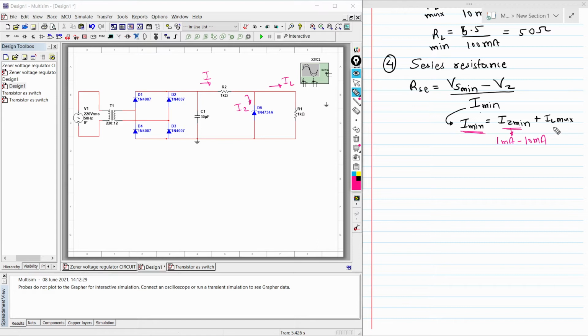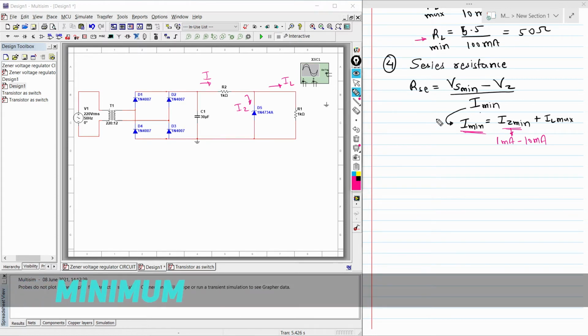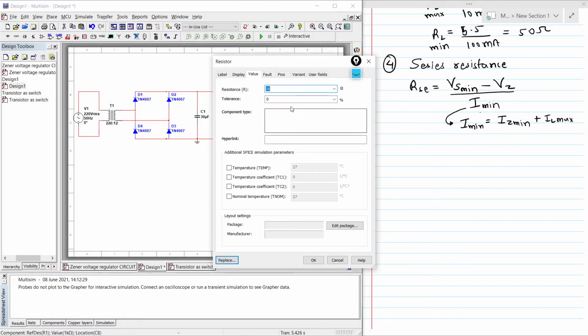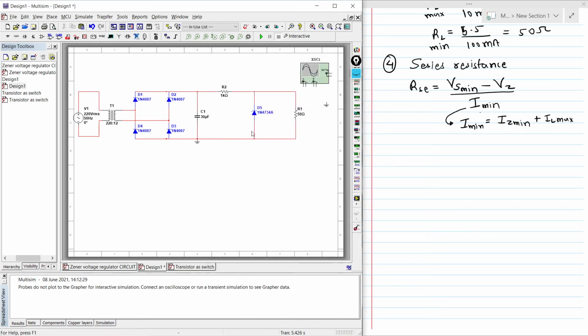Now we are talking about IL maximum. When the IL is maximum, RL is the minimum. So in this circuit, we'll use this RL minimum, which is 50 ohm. So I will make changes over here. Let's make it 50 ohm.